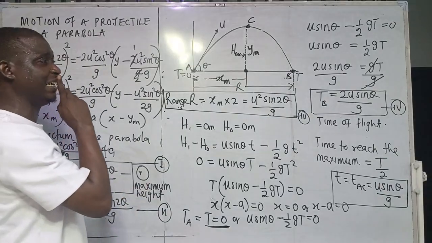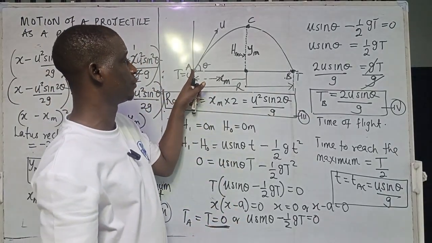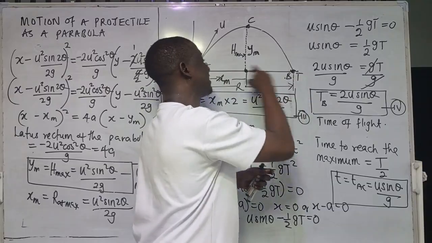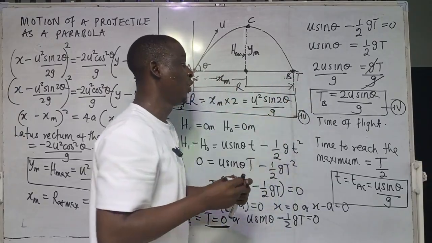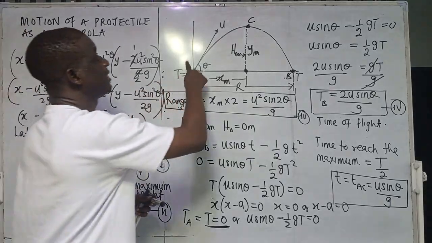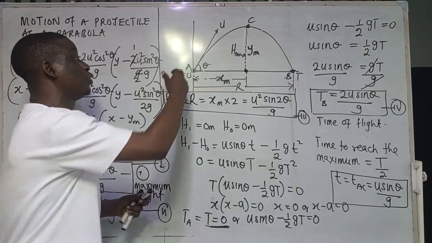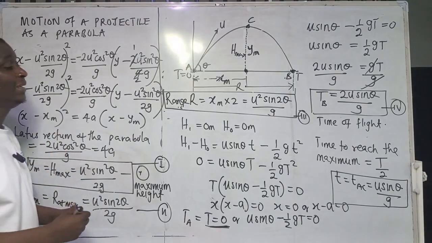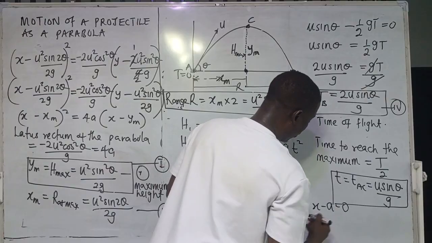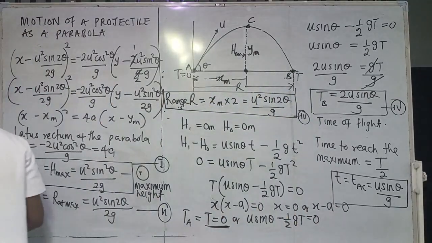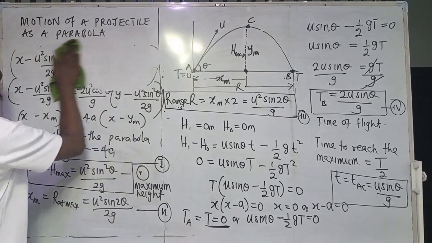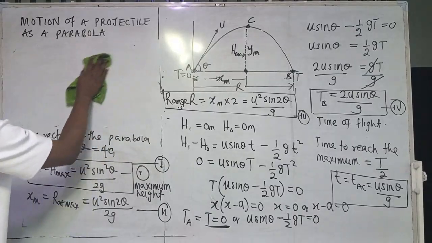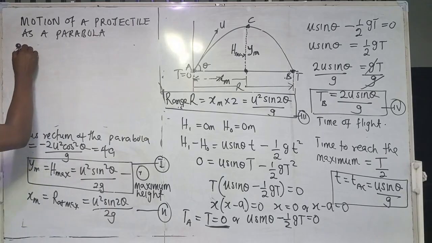But the question they will now ask you in the exam, which is very important for this kind of projection: what will be the longest horizontal range, the longest horizontal distance that this projectile can experience? The longest horizontal distance occurs at theta equal to 45 degrees. It occurs when theta equal to 45 degrees. That means the longest